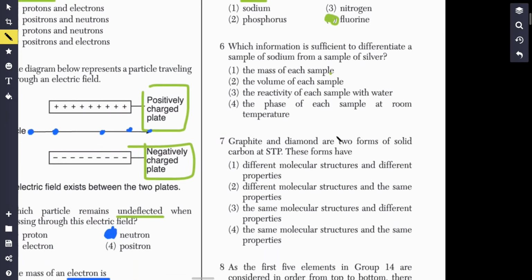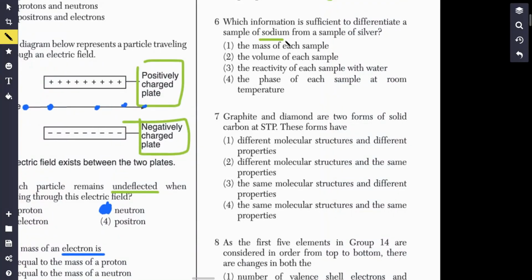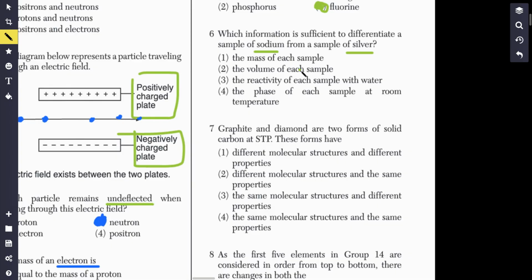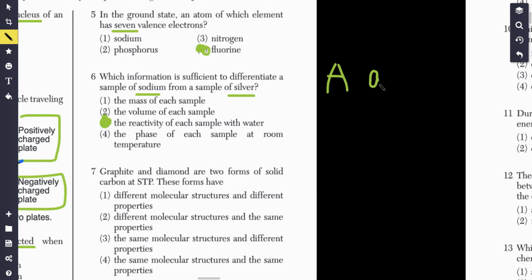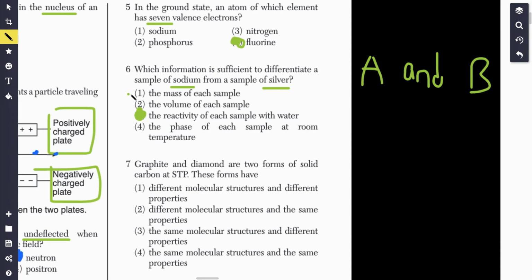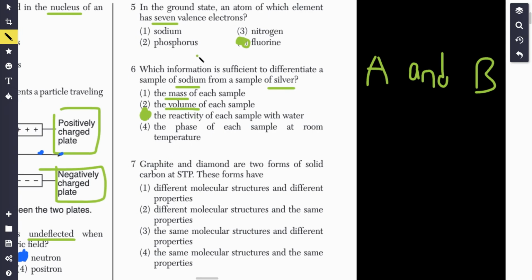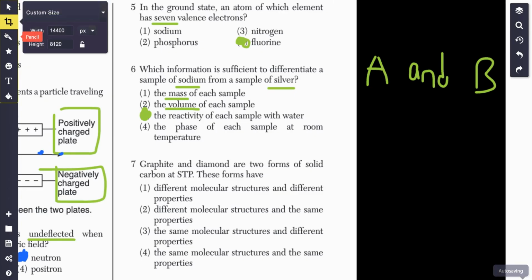Which information is sufficient to differentiate a sample of sodium from a sample of silver? Mass of each sample, reactivity, the phase of each sample at room temperature. It has to be 3, man. Because, in order to determine one thing from another, A and B, well, it's not enough to just measure the mass or measure the volume of each sample. Because think about it. What if they weigh the same, right? If I gave you some sodium,